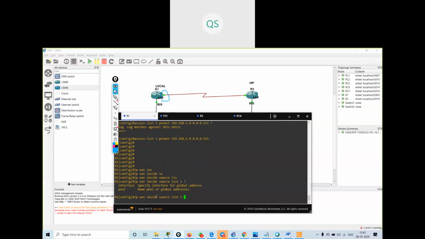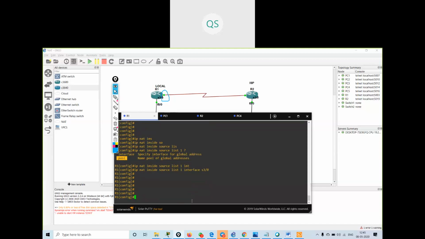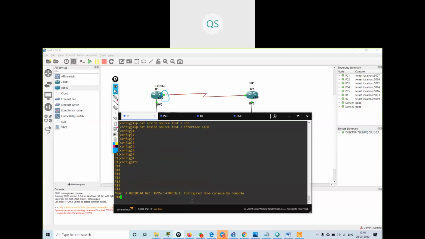Now the destination, we used to give the pool name over here. Now I will not give the pool name. What I will give is the interface serial 3/0. What I've done, I've given the interface serial 3/0. Show ip nat translations. I'm not having any translations.